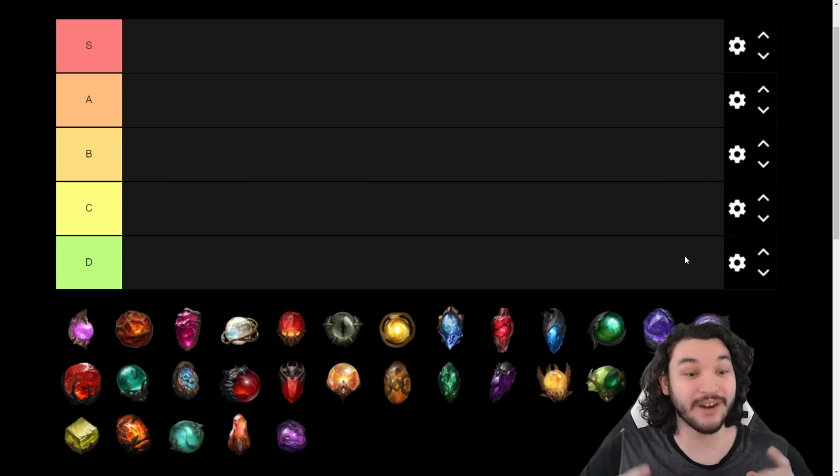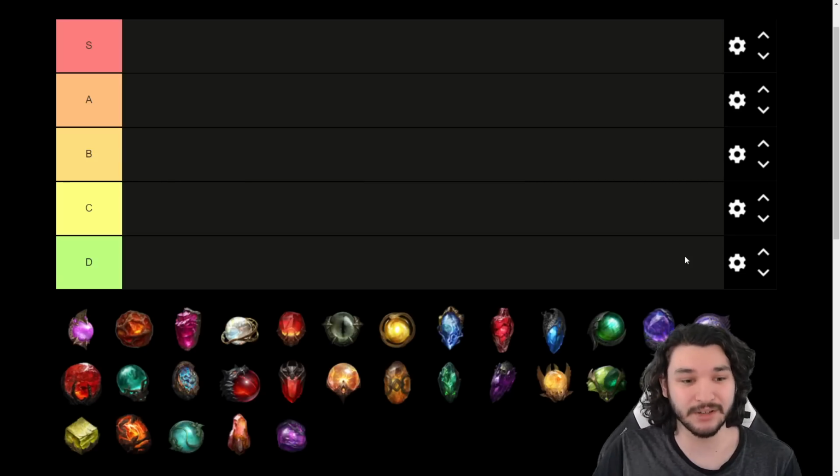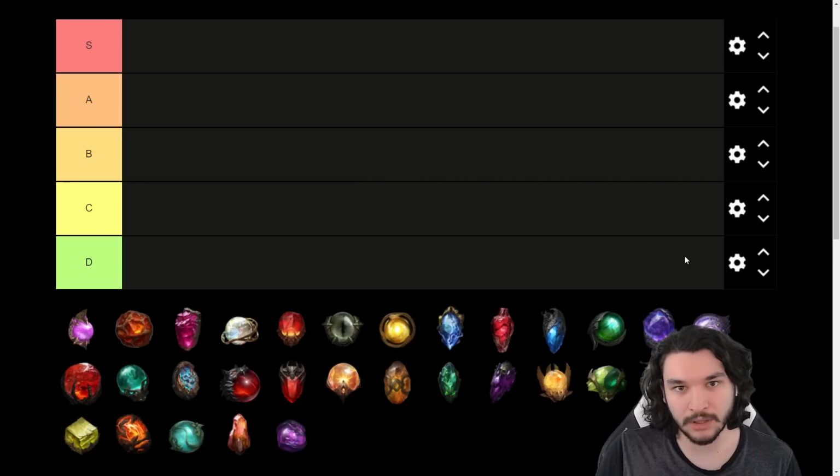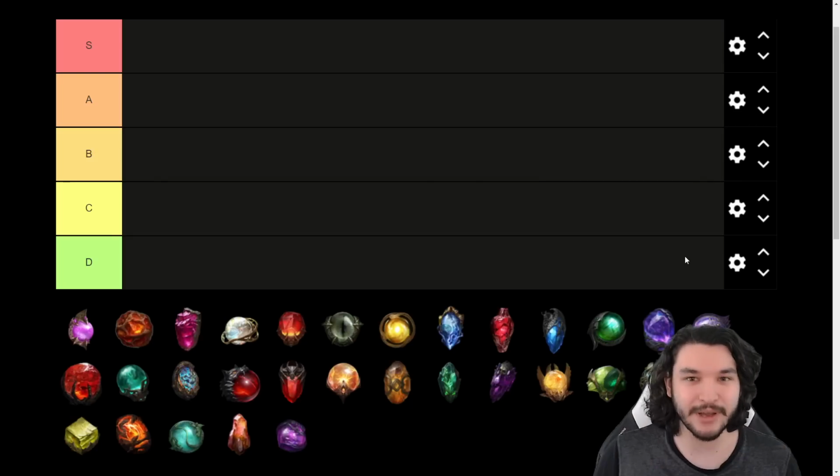Hey everyone, so we are doing a legendary gem tier list today, and I have all the legendary gems. I'll be doing it for every single class and an overall gem tier list. So you'll get an idea of how I place all these gems. Some gems specifically, like Freedom and Devotion here,